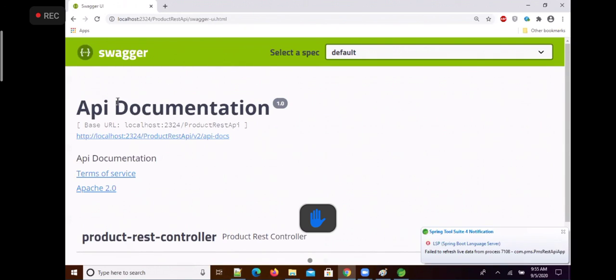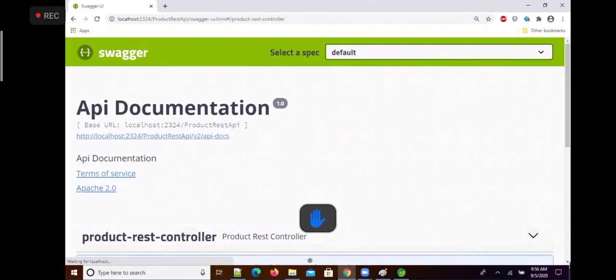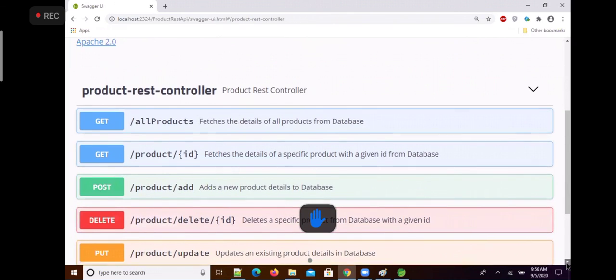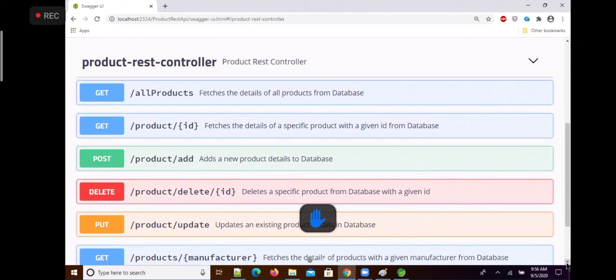I will tell you how to customize this heading, the description, version and all, but right now presently one swagger-ui.html file is open and you have a product REST controller. Just click on that. Now you can see the documentation is prepared for the product REST controller like this.